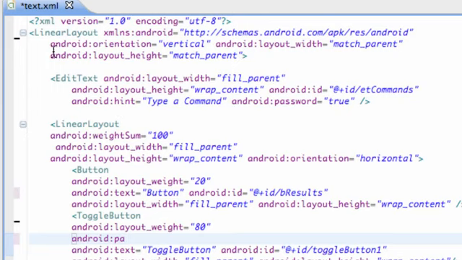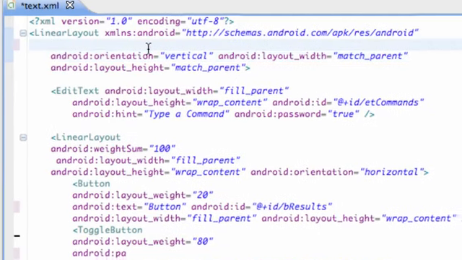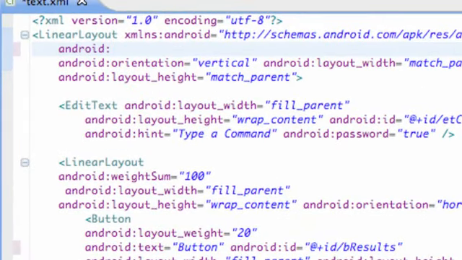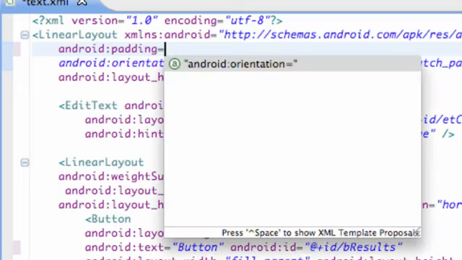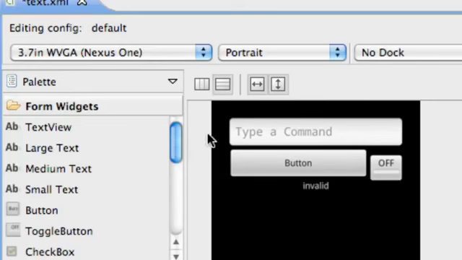Basically what I want you guys to do is go up to your first linear layout. This is the one that will fill the whole screen and defines everything else within it, and just add a line of code within the opening bracket. Pretty simple. We're going to say android:padding, and we're going to put like 10 dp. Well, let's do like 25 dp, just so we get a desired result. There you go. There's just 25 density pixels of padding throughout this whole linear layout that defines basically the edge of this